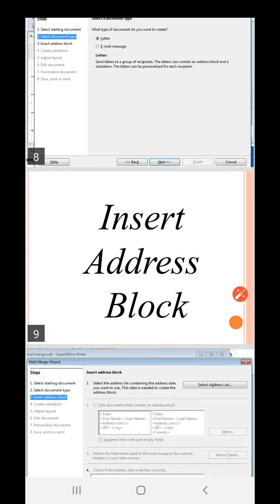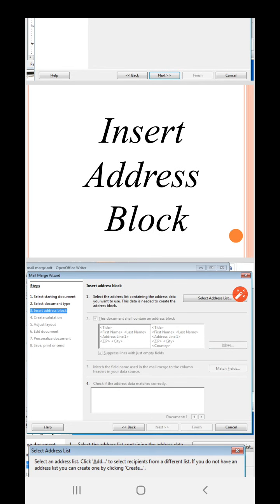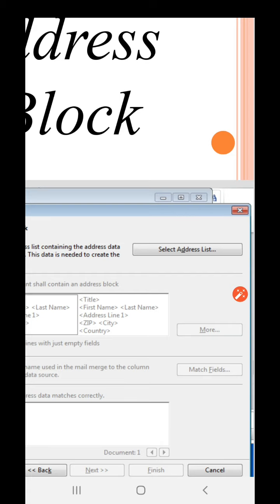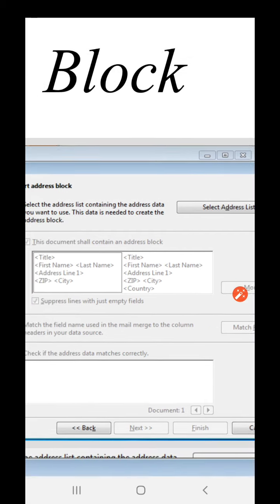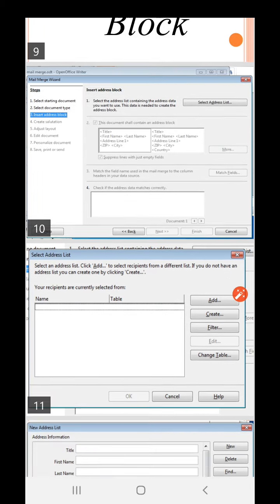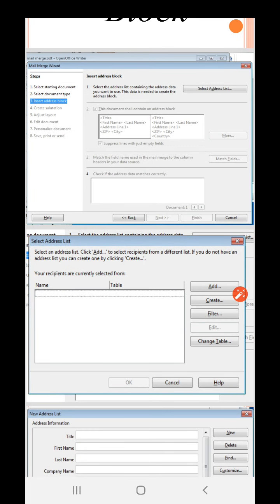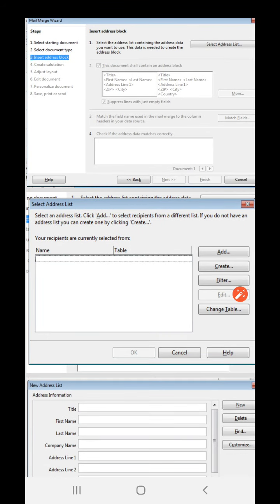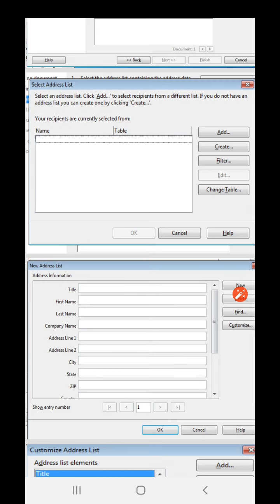When you click on next, you will see this dialog box. There is an option select address list. When you click over there, a new dialog box will open up, which is select address list. Here there are options add, create, filter. When you click on add, you will see a number of address information fields like title, first name.